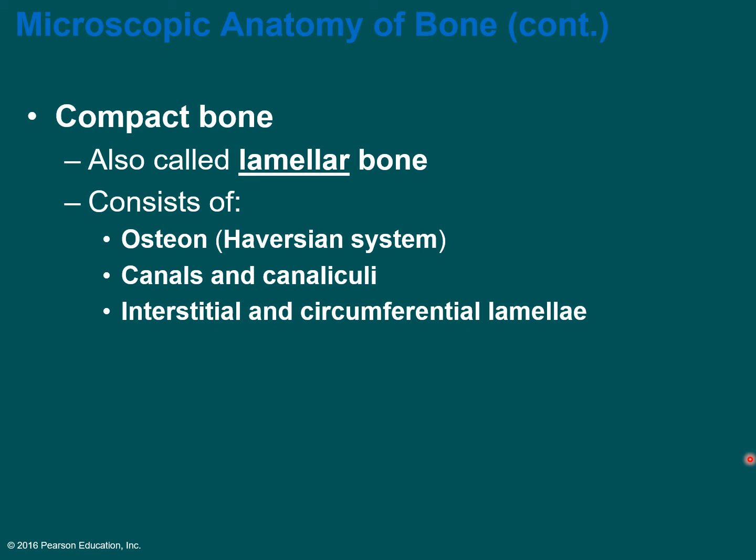And some of those osteoblasts now are stuck within these little cavities. That's the lacunae. Once an osteoblast is stuck in there and can no longer divide, it becomes the osteocyte. It has long extensions, so it can communicate with osteoblasts and